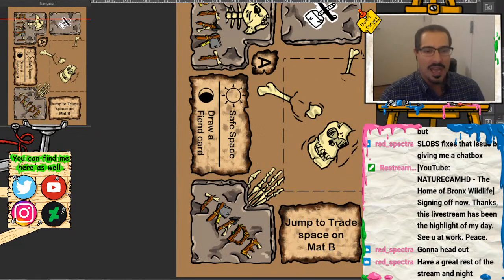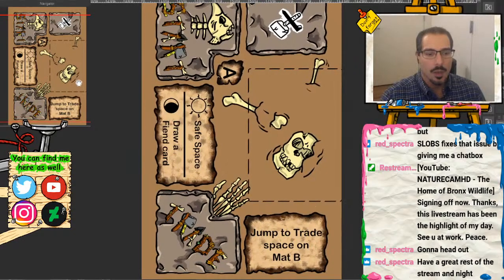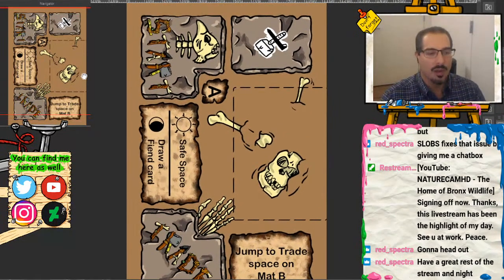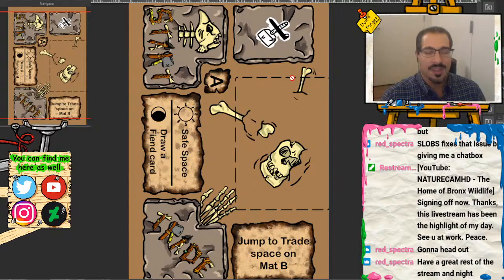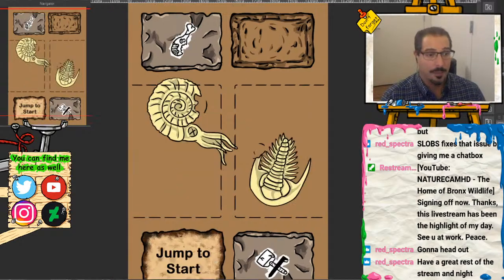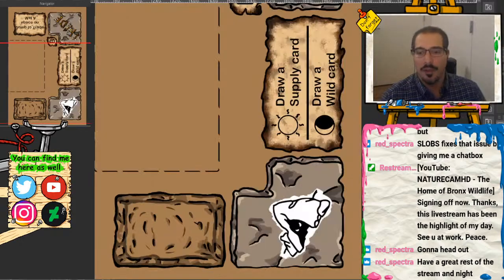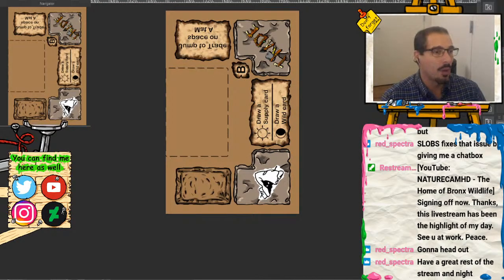So where we left off, we have mat A, or rather board A, with a human skull, a Neanderthal, big bone skull, and pieces like that are slightly covered by the outline of the card layout, but you can see some bits of it. This one's the same thing. The card layout is going to cover most of it, but you can see certain bits of it, which is nice. It's all aesthetic. Same thing with this. And then I'll go back and add some soil details and little things around. And then what we have is mat 3 and then mat B, and we'll figure out what to put on that later. I'll look up some more reference of cool looking